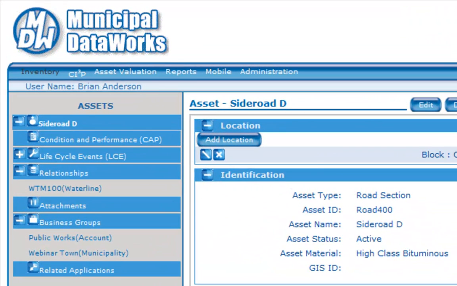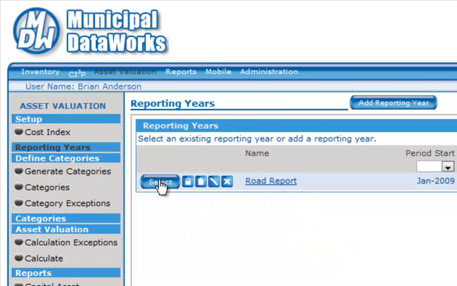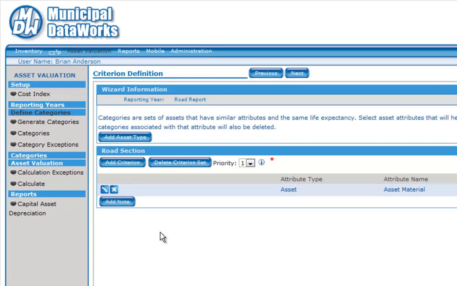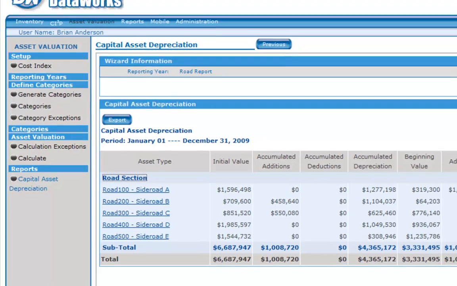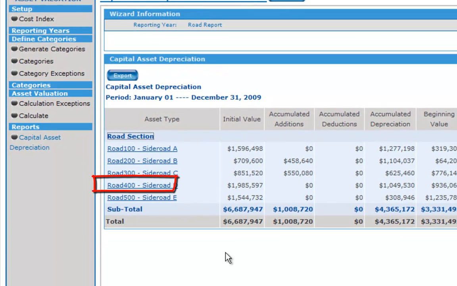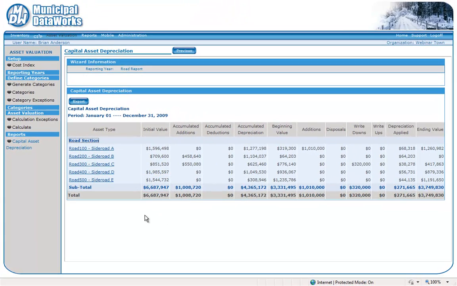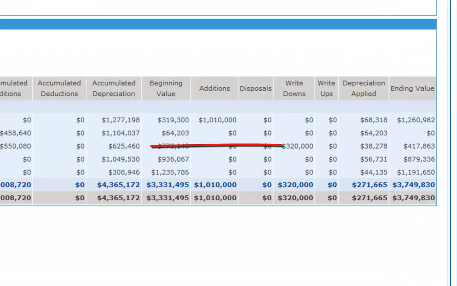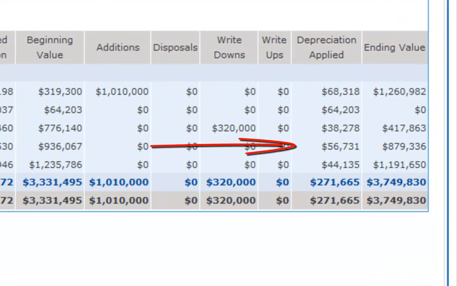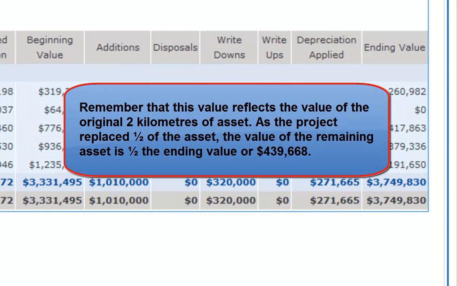Click on the Asset Valuation tab. Select the appropriate report. Click on the Capital Asset Depreciation Report tab in the tree. Find the asset Road 400. The December 31st, 2009 ending value of the asset is $879,336. Remember that this value reflects the value of the original 2 kilometers of asset. As the project replaced half of the asset, the value of the remaining asset is half the ending value, or